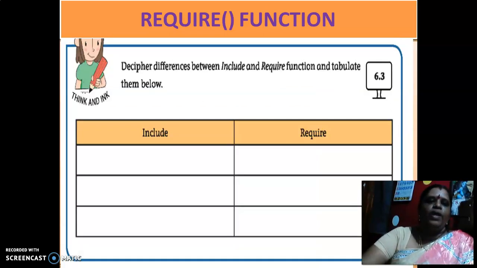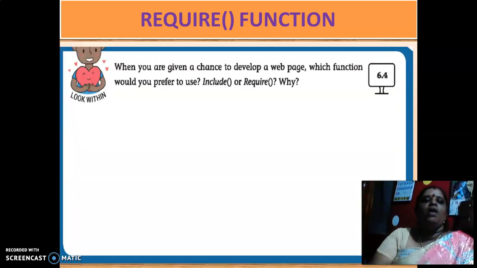Okay, the next one is 6.3, the thinking section. You want to write the differences between the include and require functions and tabulate them below. I will show you this while doing the book exercises. The next one: when you are given a chance to develop a web page, which function would you prefer to use, include or require? Why? Children, this is your own opinion.